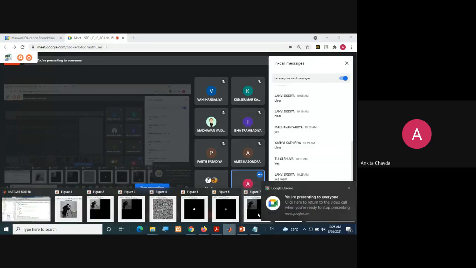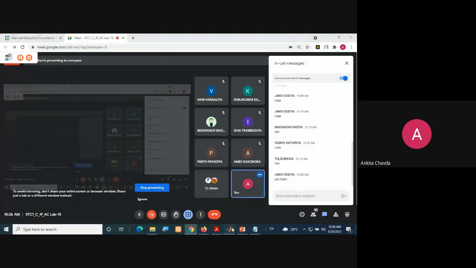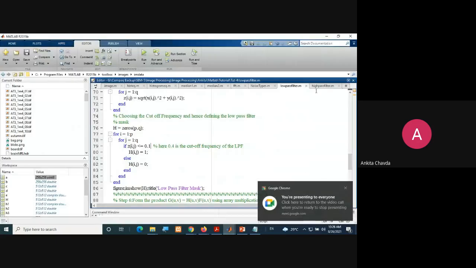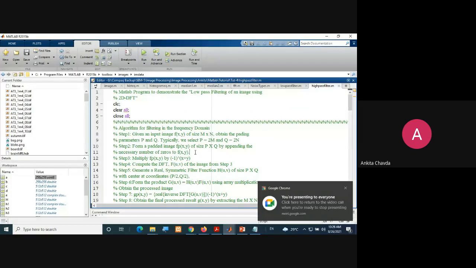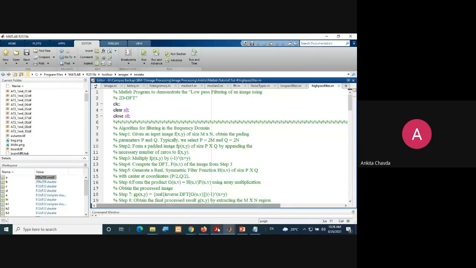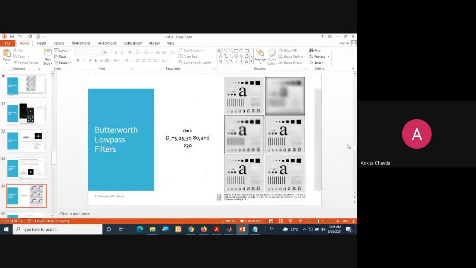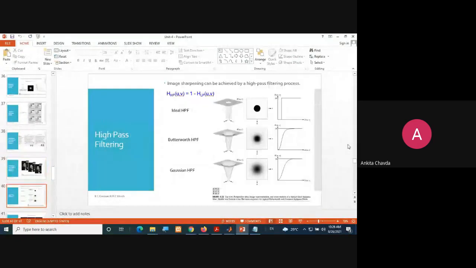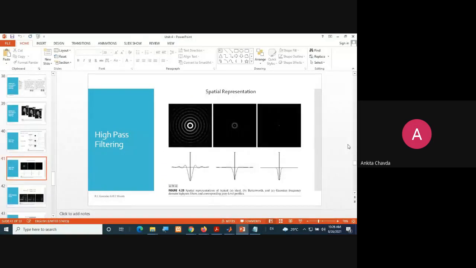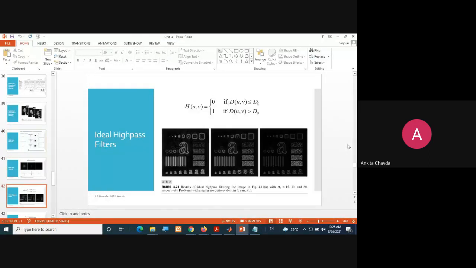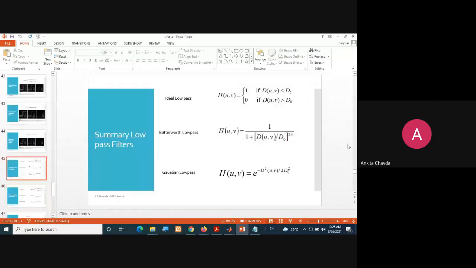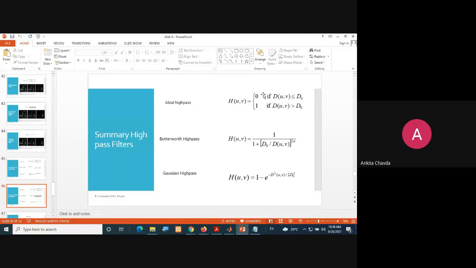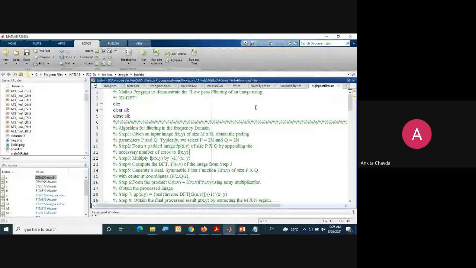This is what we have seen about the low pass filter. But the same you can see for the high pass filter. Same thing, only one line has been changed. Do you remember that? If it is the ideal high pass filter, what was the formula? It's exactly the reverse of this. For the high pass filter, you just change it: if it is within the radius, then make it 0, otherwise it is 1. So only one line has been changed. The whole program is the same. This is for the high pass filter.